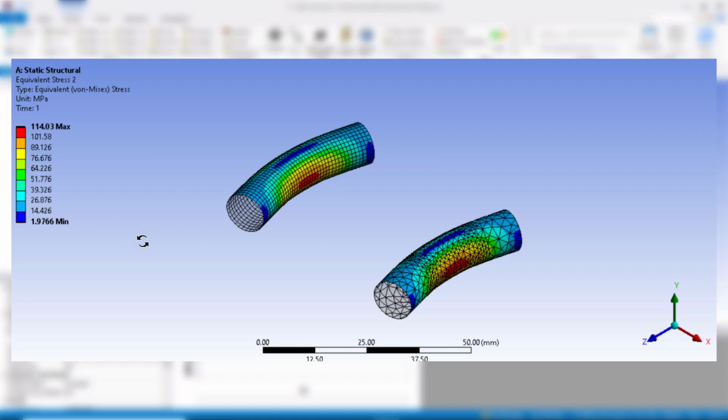The maximum equivalent stress is also very close when the two cases are compared.